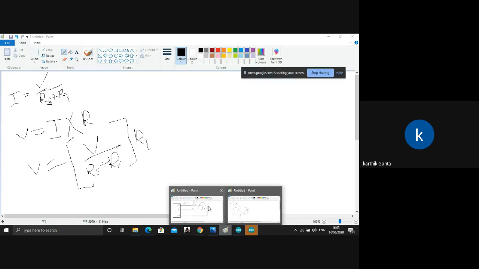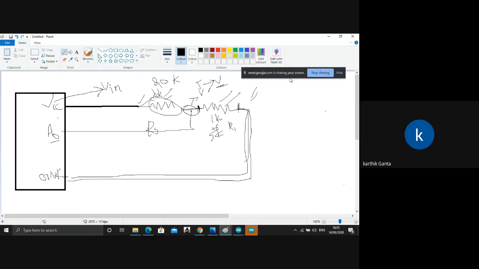And you can even directly obtain this by using the voltage divider formula. Okay, we're not getting that technical. The voltage divider formula we learned is something like this. When you have a power source, the output voltage would be the total voltage multiplied by the resistance across which you are calculating, R1, divided by the total resistance.